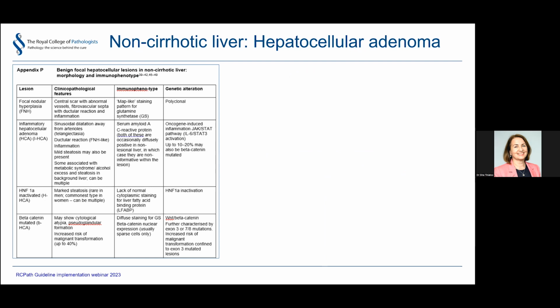Regarding the tumors that arise in non-cirrhotic liver, we refer in the new version of the dataset a lot to the differential diagnosis between FNH and hepatocellular adenoma and the different subtypes of adenoma that we may be able to recognize based on morphology. These are mentioned in the text, and also in the Appendix P, we may see the main types: the inflammatory, the HNF1A inactivated, and the beta-catenin mutated. The beta-catenin mutated is important because it is related with malignant transformation. And also there are other subtypes like the sonic hedgehog, which is related with increased risk of hemorrhage and bleeding.